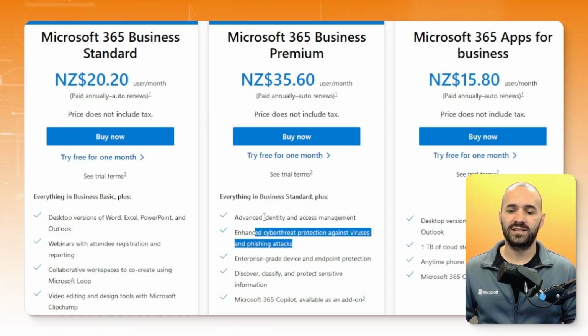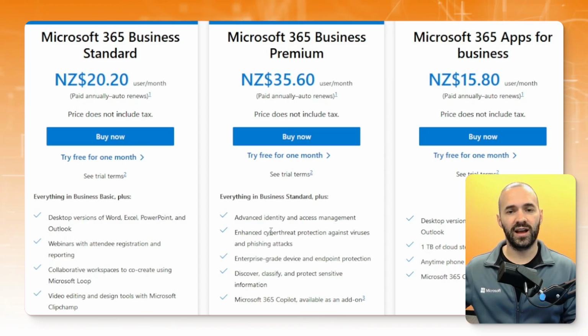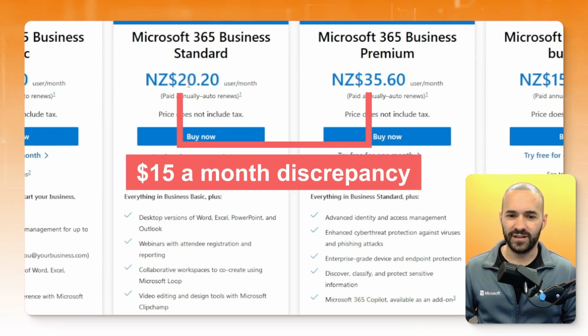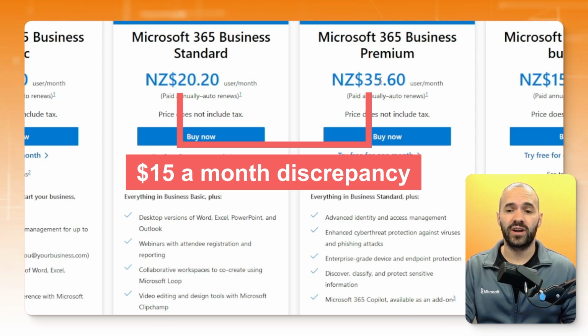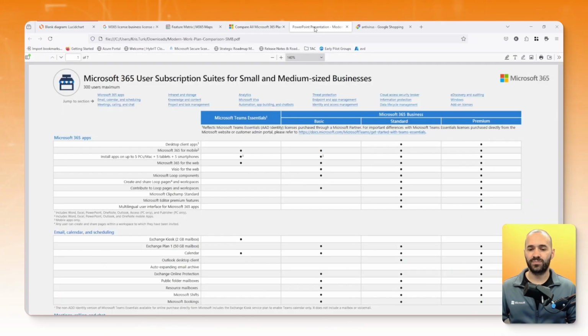So this enhanced cyber threat protection is talking about Microsoft Defender, which is an enterprise grade antivirus and gets up there in the top right Gartner quadrant as one of the market leaders. And having that included, as part of this $15 a month discrepancy between the two licenses, I think is really attractive. It's more than just an antivirus, it's an enterprise grade security product. And I think that's really the point that I need to drive home here, is that the Business Premium license,